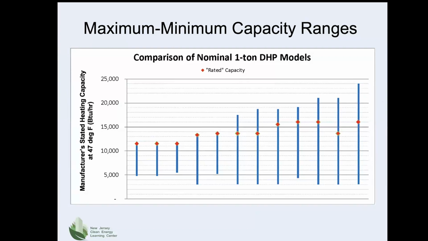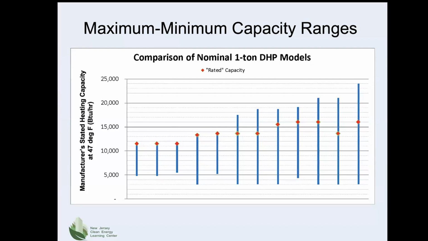capacity. Note that the maximum rated capacity of the first 3 are all about 12,000 BTUs. The model on the far right, this one here, has a wide range of capacities. It can go as high as 24,000 BTUs an hour and all the way down here to 3,000 BTUs per